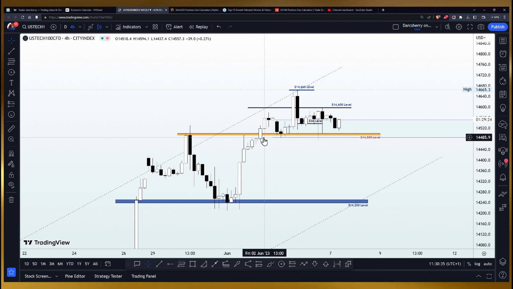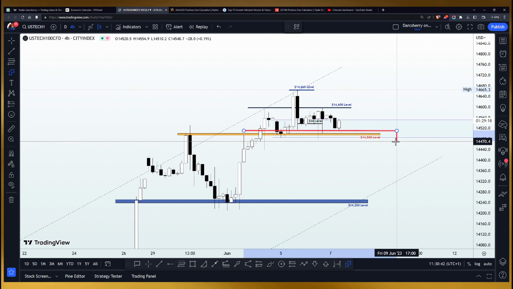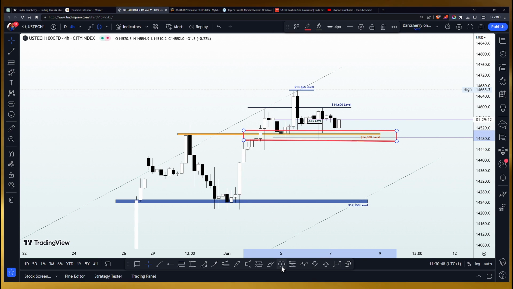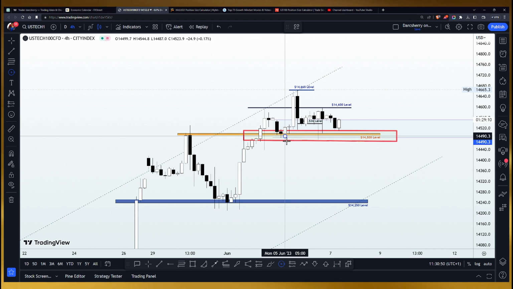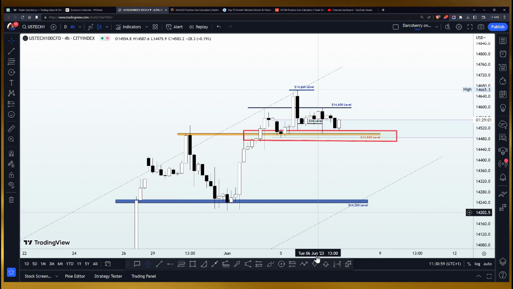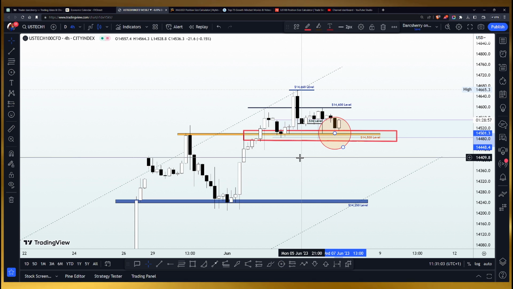And since price action broke out of that 14,500, we have seen how that level had become a platform for buying opportunities. As you can see, all attempts by the sellers to break down the structure since the beginning of this month have been met with strong resistance from the buyers, negating their attempt. And at this point in time, it is reasonable to call the 14,500 a demand zone.